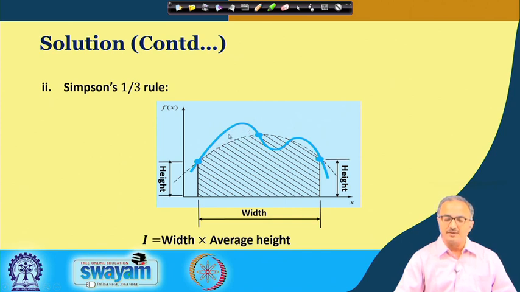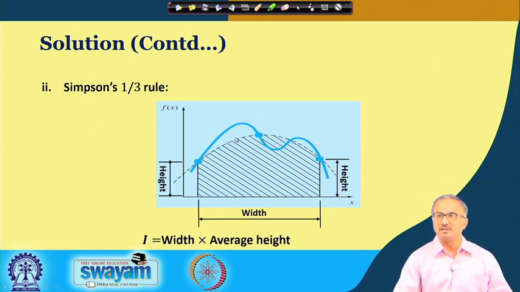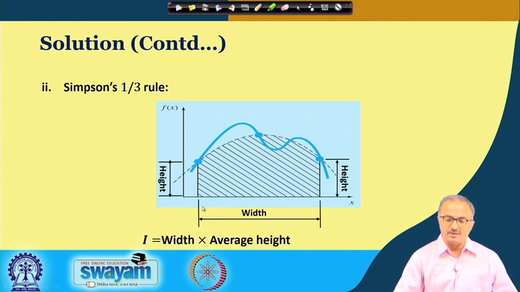Here you can see that up to this portion the area is less than the actual area. On the other hand, between these two portions you see the area is more than the actual area. Again, on the other side, the actual area is more than the assumed area. So, overall you can see that some of these excess and diminished areas will be cancelling each other off, and we may be approaching the exact area under the curve. Again you can see here we have the width and we may have different heights, and again we shall be evaluating how to find the value of the average height. Width is going to be constant.